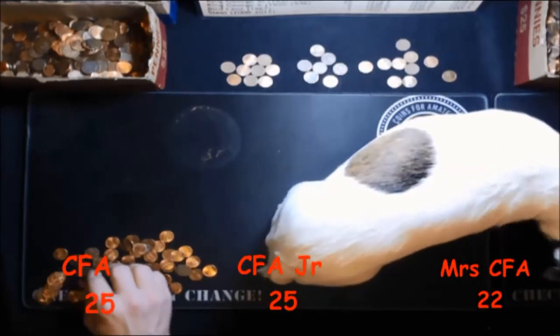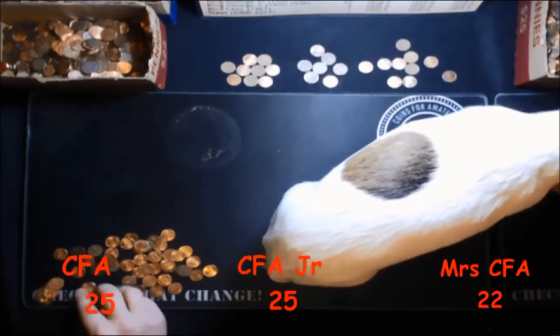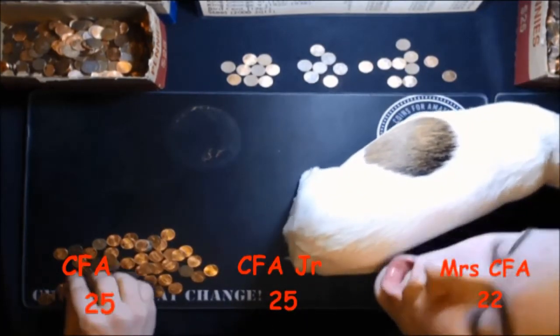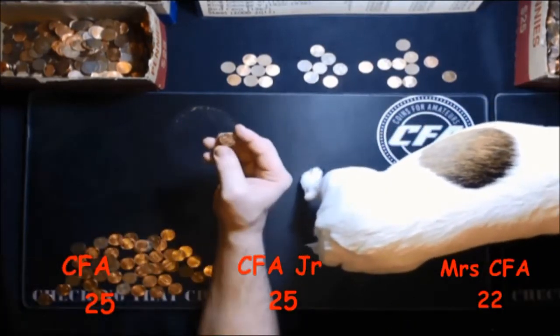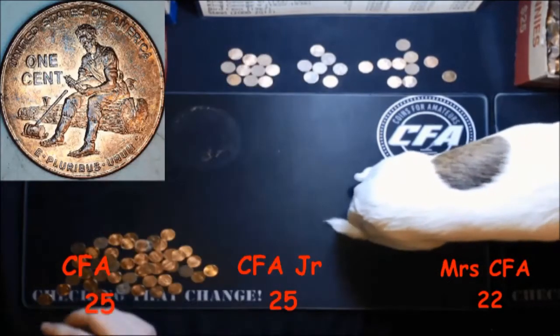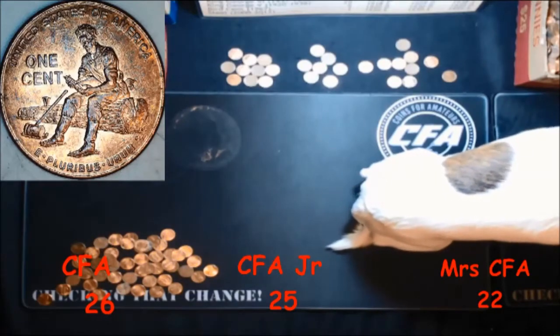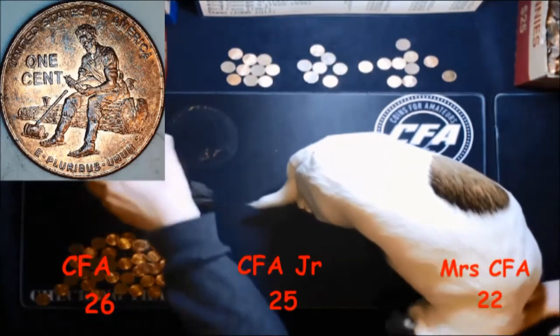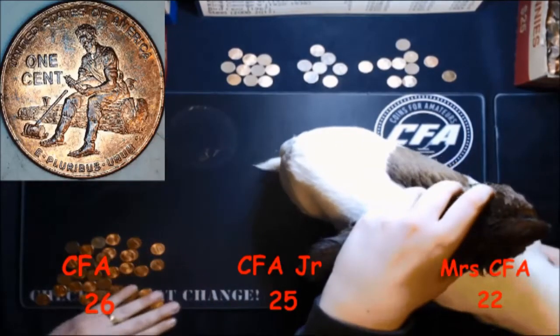I'm gonna win! No. I'm gonna win. I see one scoring coin. And that's it. I have a formative years. It's a 2009D that gives me 1 point. And I now have 26. Wow, close match, you guys. That was awesome. Alright, so